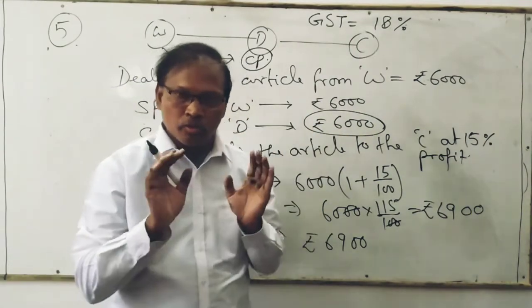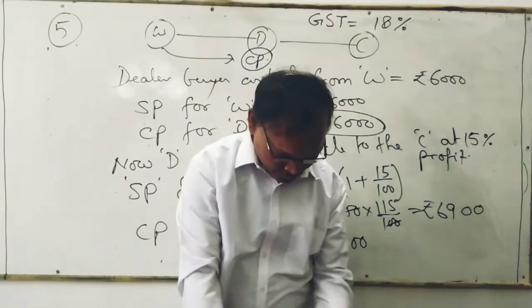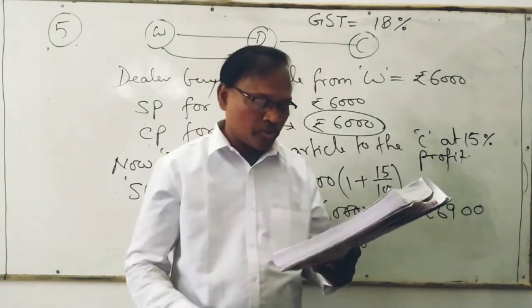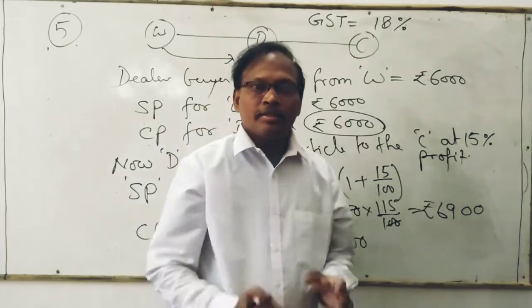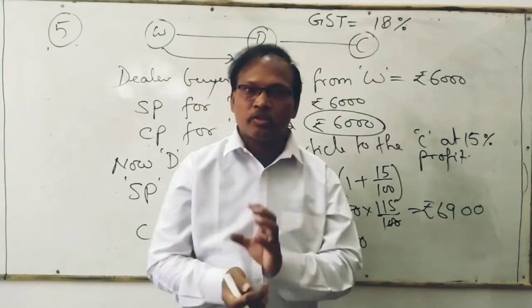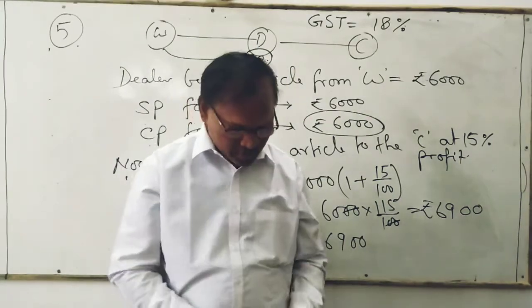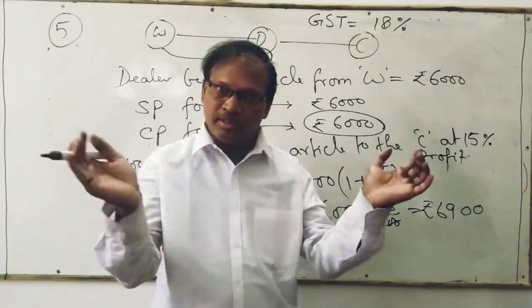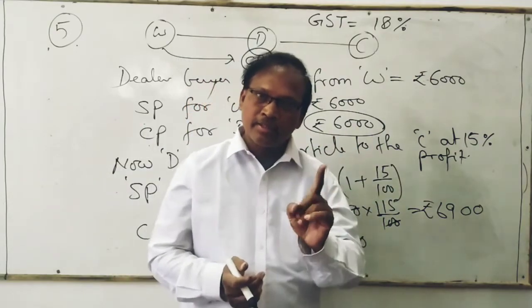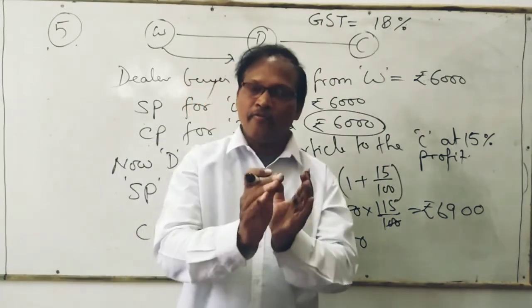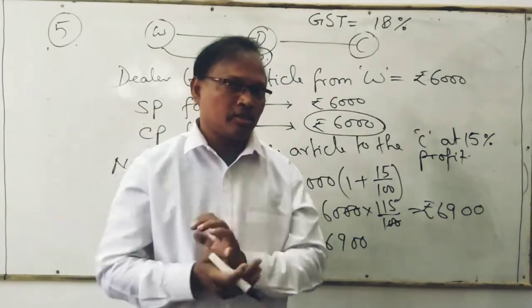But I told you this in the earlier video. If the selling and purchasing are in the same state, it is known as intra-state. In this question it is also written it is intra-state, मतलब same state में ये सब हो रहा है. तो in that case half of the tax will go to the state government and half of the tax will go to the central government.